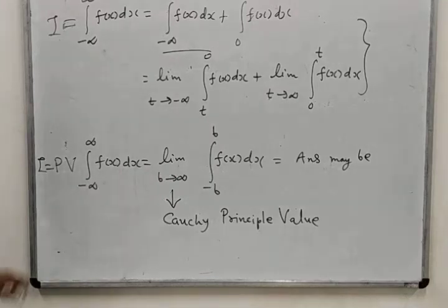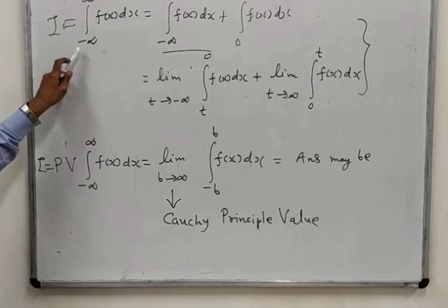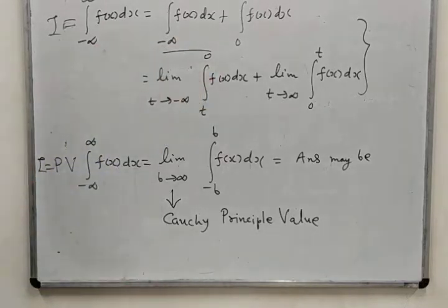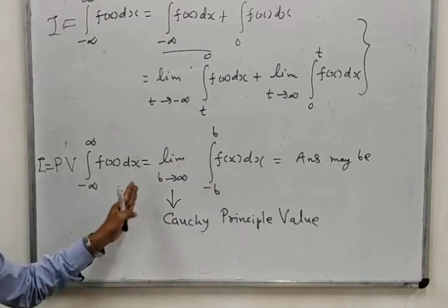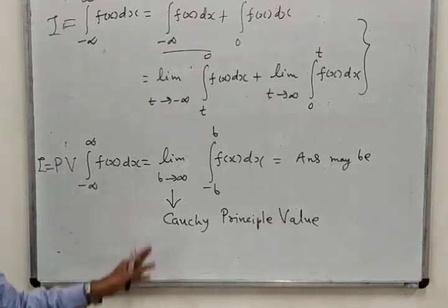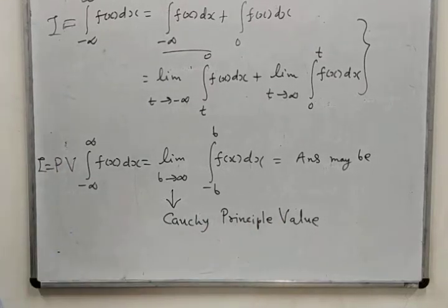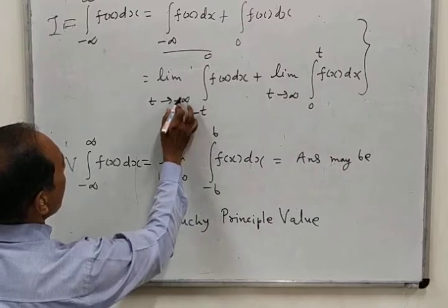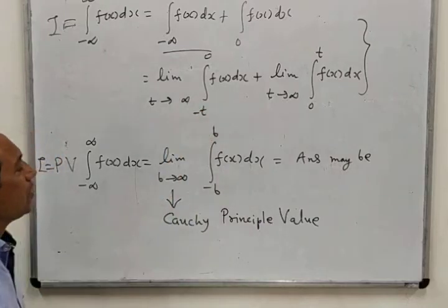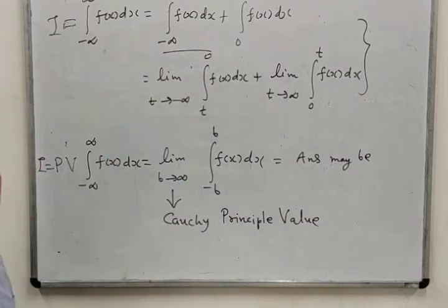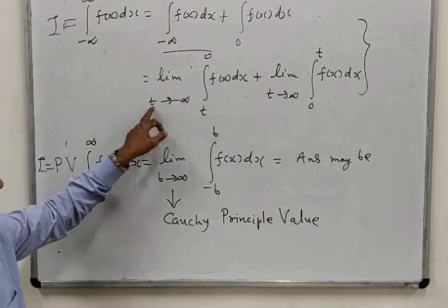So whenever you are asked to solve this integration, you always solve this in this way. But if you are asked to solve by using this, you can do it. That means if you are asked to find out principal value, PV means principal value. Actually CPV should be written, but simply we will write this as principal value. Actually here one more thing will be done. If you write minus infinity, then you can write here infinity. Both are the same thing. But as previously we have seen the examples where we use t tends to minus infinity.